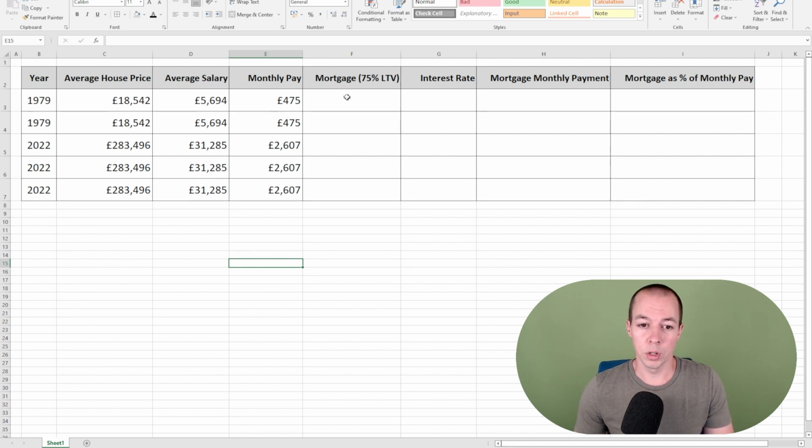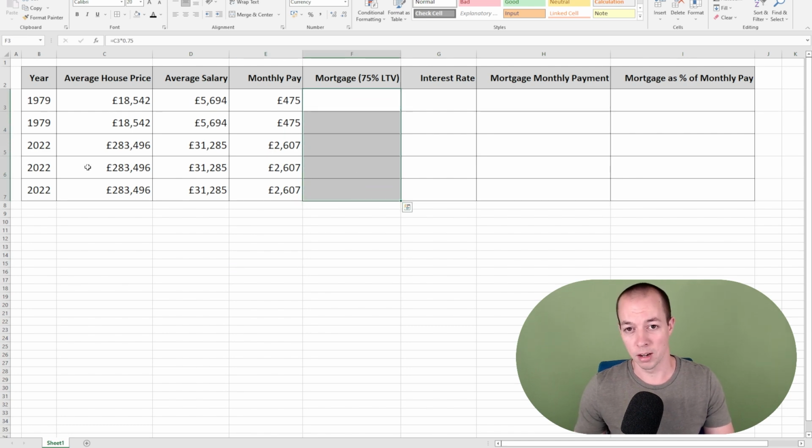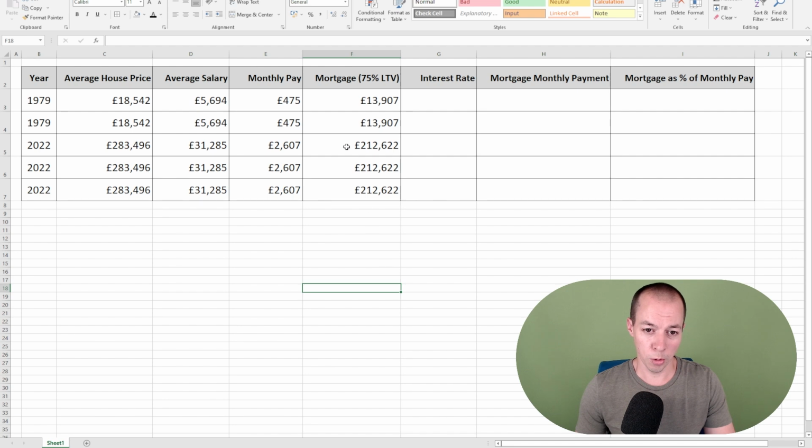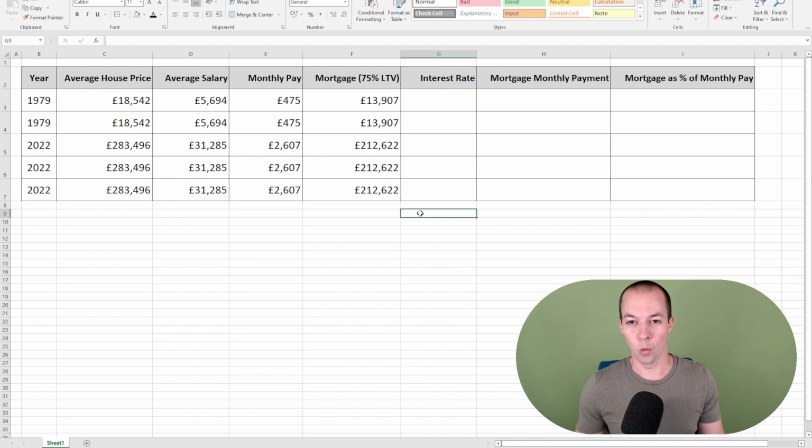So the next column, I've got the mortgage. To make this fair, what I'm doing is taking the average house price and applying for a 75% mortgage, so assuming that people have a 25% deposit. Now, whether that's accurate or not is irrelevant, but it's all we need to do this direct comparison. So approximately a 75% mortgage on that is 13,907, and a 75% mortgage on 283,000 is 212,000. So this is where things get interesting. This is the interest rate. This is what all of the division is about at the moment, about what should be happening with interest rates and how high they were in the past versus how low they are at the moment, and how we've never had it so good.